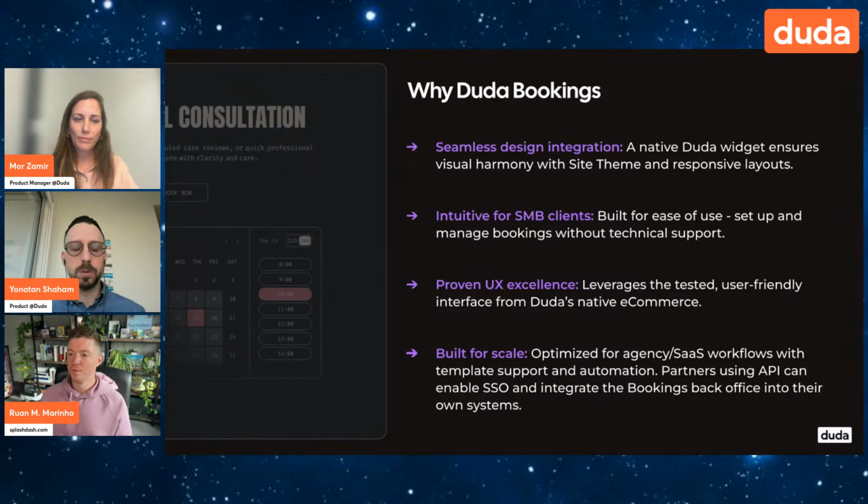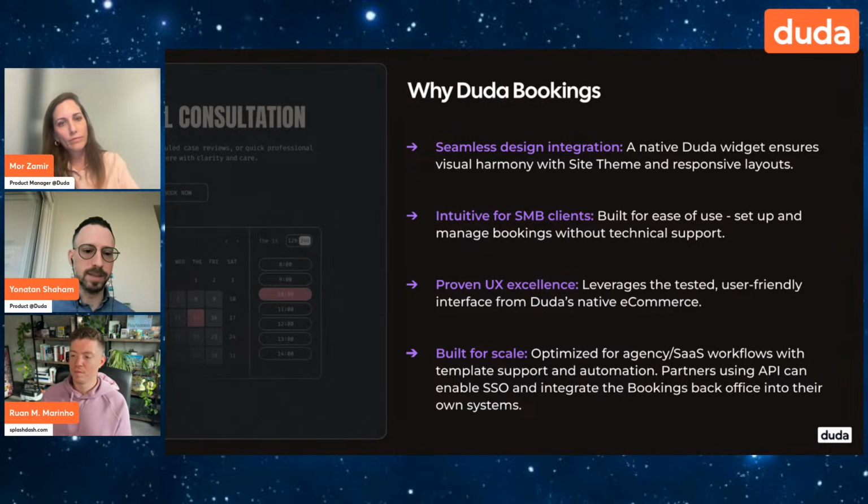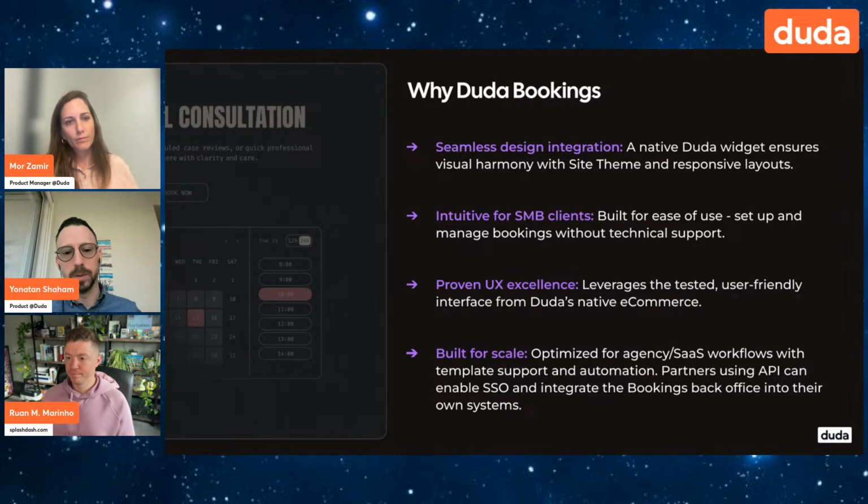So with the Duda Bookings, our widget is a native widget that you just plumb into the website. It gets the design. We will see it in the demo. And of course, all the loading is very optimized, as everything we do in Duda. So that's going through the website. And then